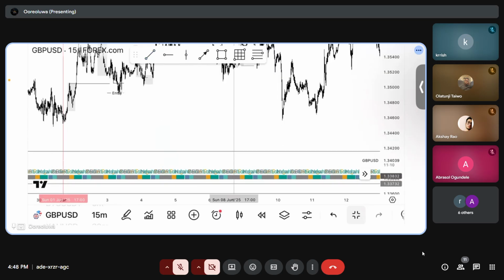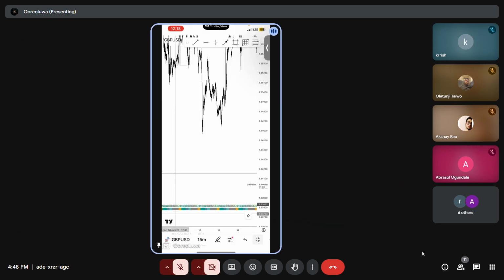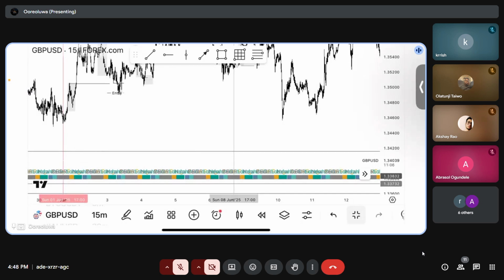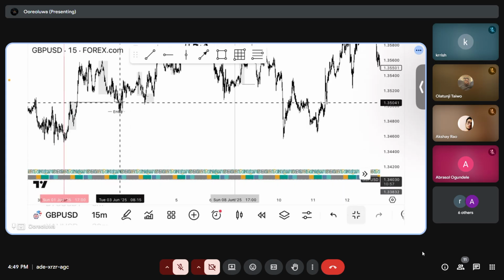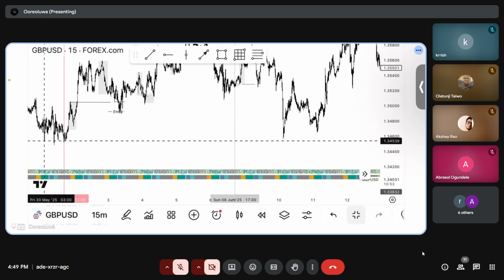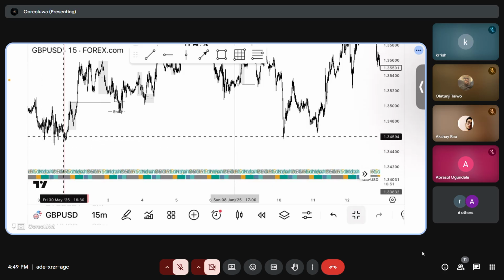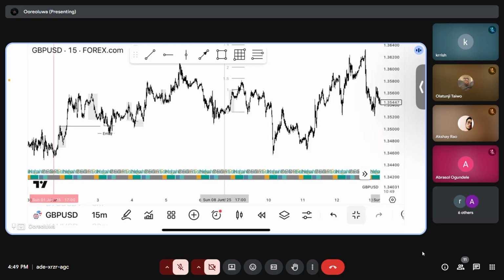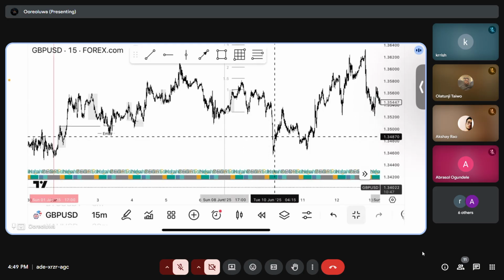So another thing for you to frame your target is anywhere you see a clean and clear turtle soup trade, all right, and maybe it's far from where you are. Maybe you are seeing a turtle soup trade below, this one at this point, turtle soup below. Then you expect price to come there and sweep every one of the turtle soup traders out. All right.